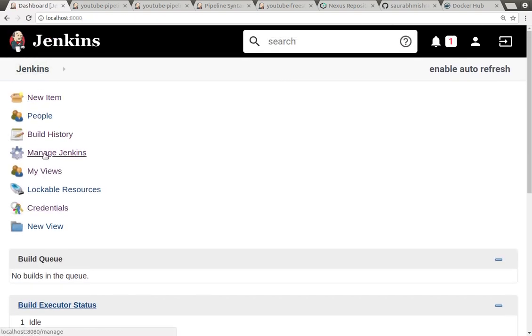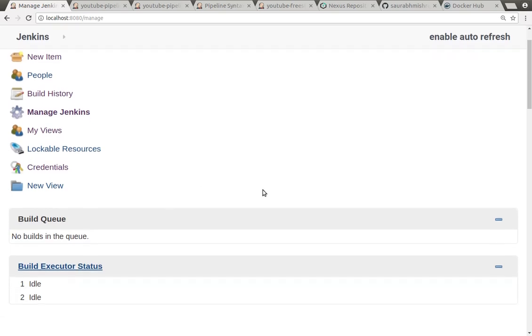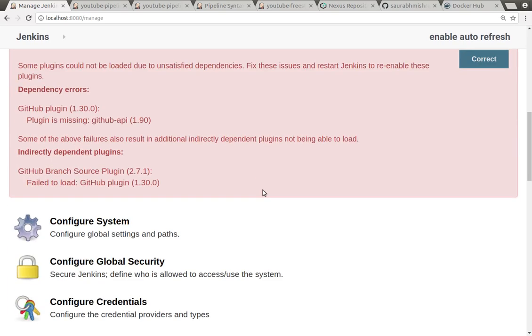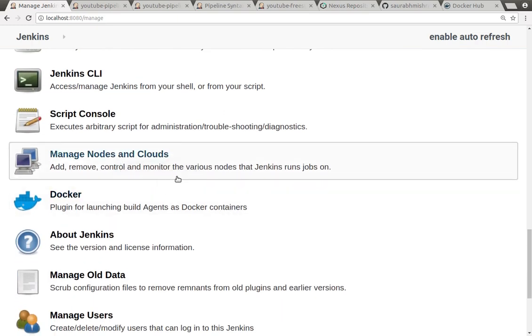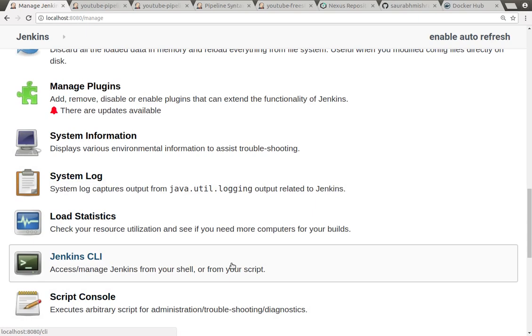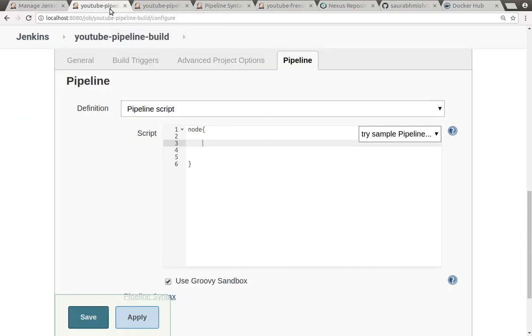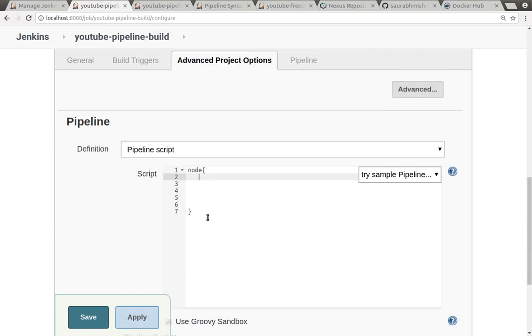In the configuration section, Manage Jenkins, you can configure your executors and other things also. In Manage Nodes and Clouds, you can attach some more machines which will work as slaves for building the application. Master will trigger the application build and it will give the job to some slave machine, which will do the build process. That option we can try, but right now I'll go with the single node machine, where the application build will happen. There are different types of nodes also, but I'll take the master node, which will do the build process.